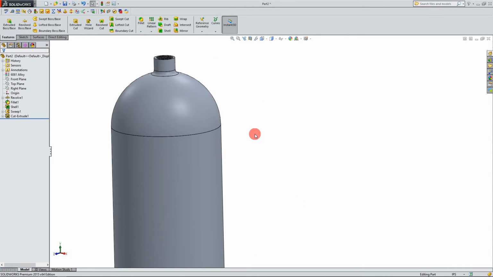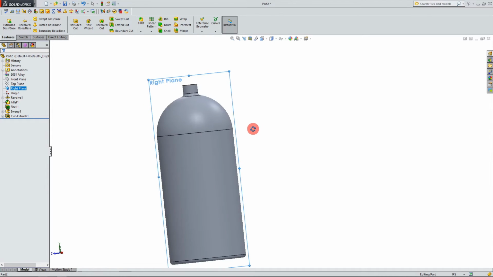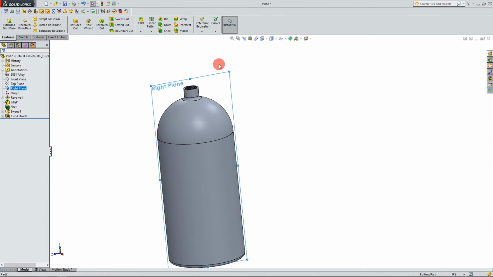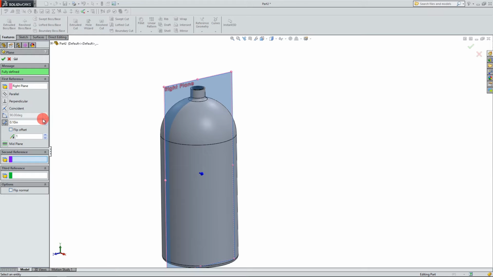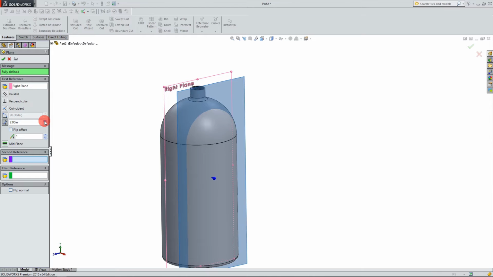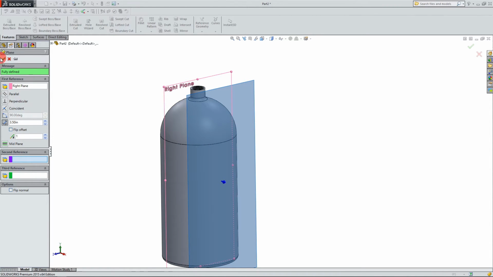The last addition we'll make in this video is the addition of some text on the cylindrical surface of the canister. The way to do that is we're going to come to the right plane, and we're going to create an offset surface from this right plane. So I'm going to come up here to reference geometry, and I'm going to click on plane, and I'm going to offset this just up to the point where we're outside of the part limits. This is good enough here. So we're going to hit OK,